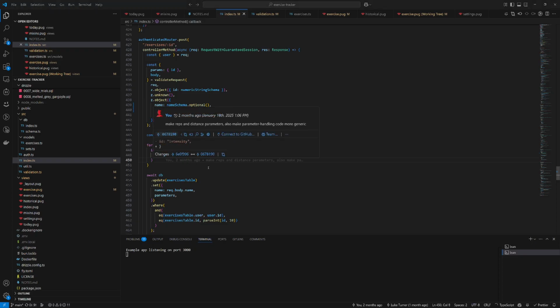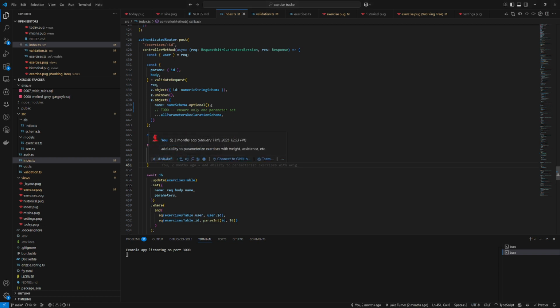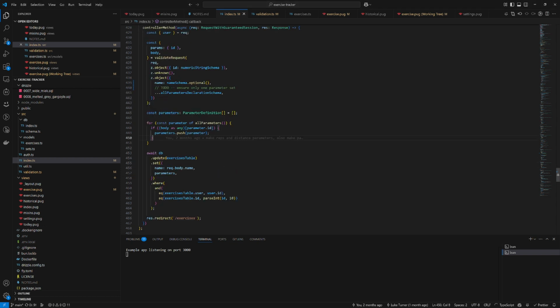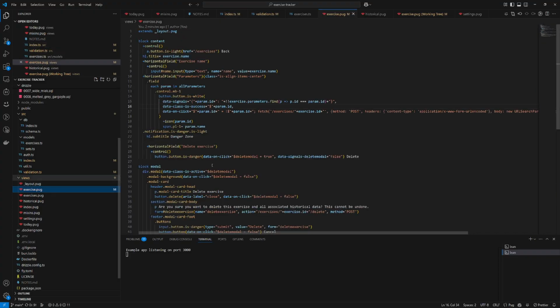so we kind of have two options here, okay? We can either, in this controller method, load the current state of this exercise and mutate the parameter based on that. And kind of the reason that we need to do this is because this parameters is a JSONB object in the database. So we can't granularly update a property in there very easily without updating the whole value. If we had separate columns for each parameter, like a Boolean column, this would be a lot easier, but we don't. Or on the client, we could actually send in all of the different parameters in the body, which is kind of how that $post thing works. So sort of as an example here,